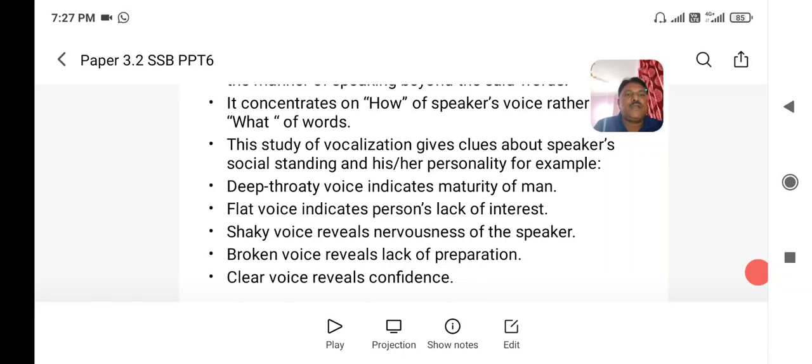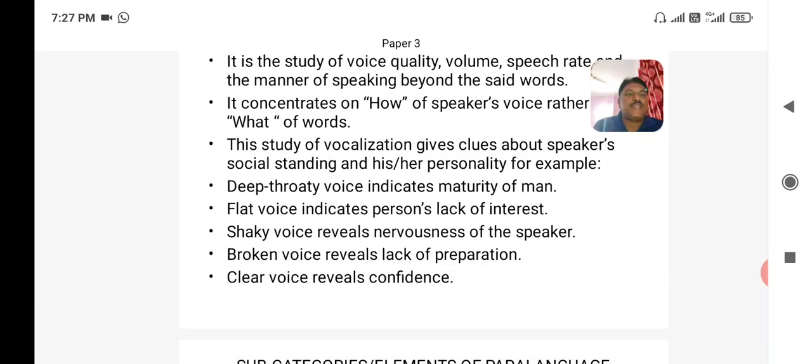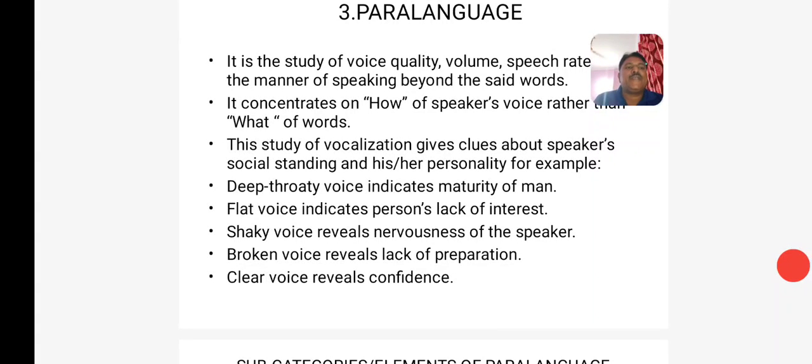Paralanguage is one of the important aspects or types of non-verbal communication which clearly gives the idea to the listener about the speaker's ability, about the speaker's knowledge and wisdom, about the speaker's attitude, about the speaker's personality, about the speaker's leadership, about the speaker's skills in communicating the proposed aspect to convince the audience or to convince the interested parties.